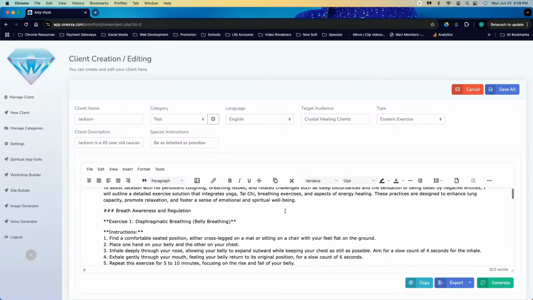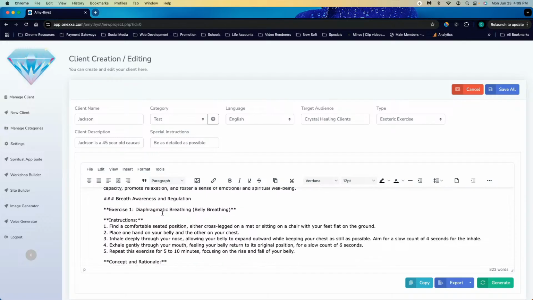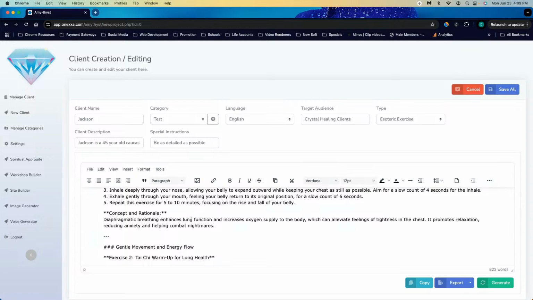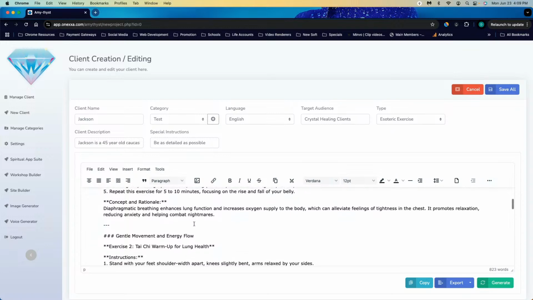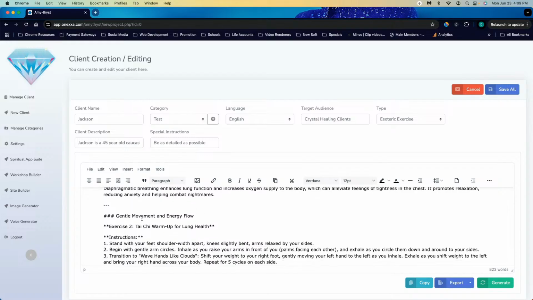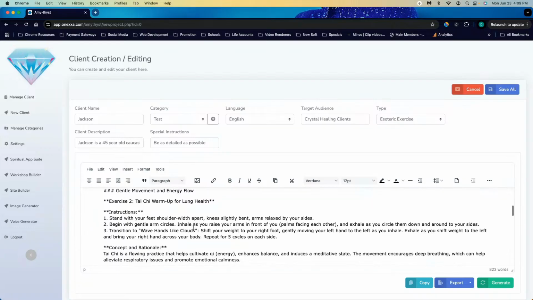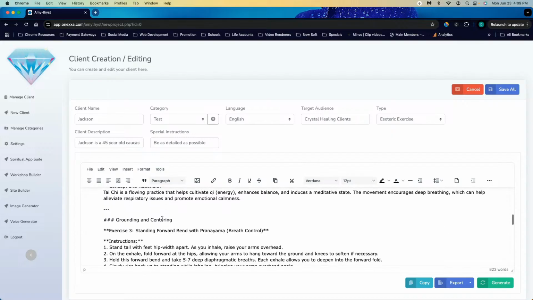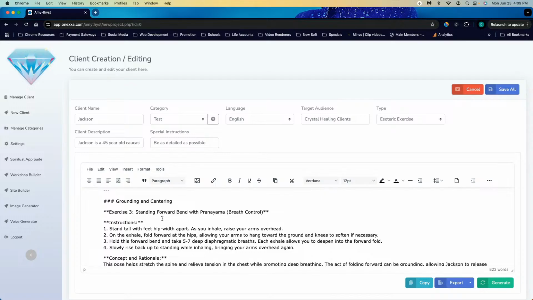And here you go. It gives you breathing awareness and regulation, diaphragmatic breathing techniques. And it gives you a rationale as to why this is good for what he is experiencing. It gives exercises, which is gentle movement and energy flow exercises, Tai Chi warm-up for lung health. It will give him the exercises, the rationale, and the grounding and centering techniques, right? Standing forward bend with pranayama,